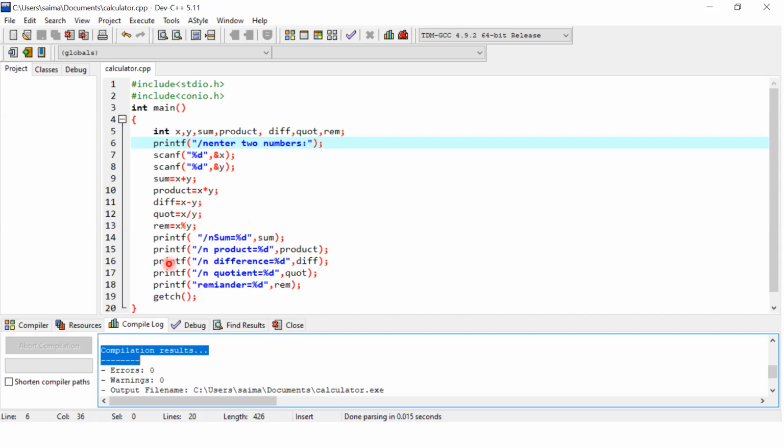And the next one is printf, double quote, backslash n, meaning we will use the escape sequence. Product is equal to percent d, double quote, comma, product. The product value will be saved over there. Call here. Printf difference: whatever values we write here, the same words we have to write here. Clear?